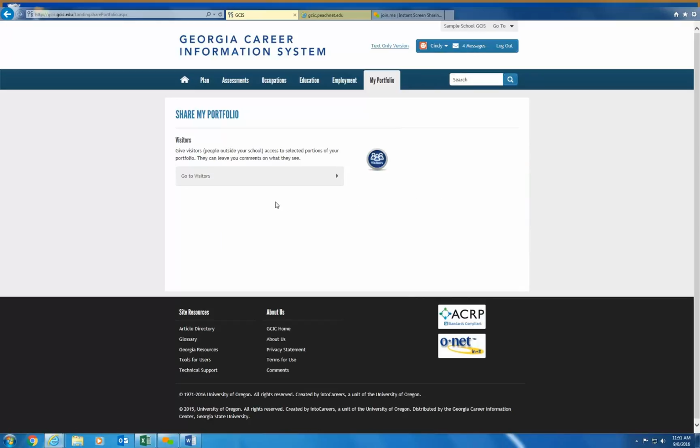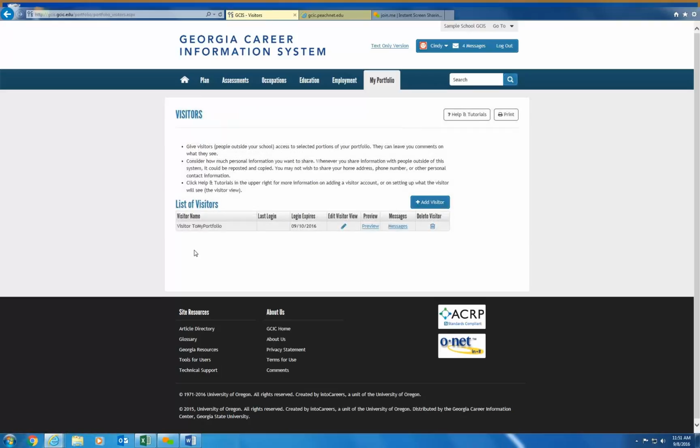To create a visitor's temporary access, I can click on Go to Visitors or the corresponding icon. You'll see that I already have a visitor who is assigned to view my portfolio. The visitor has access through the 10th and can look at various items.